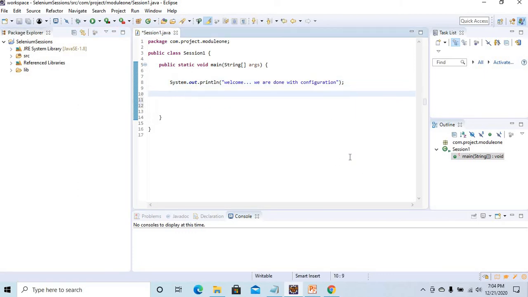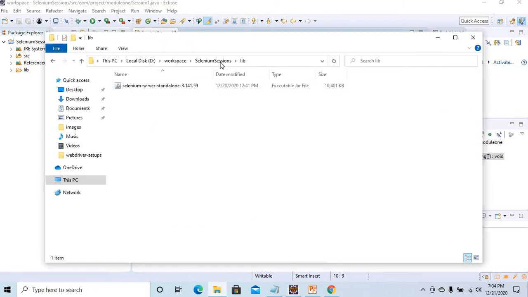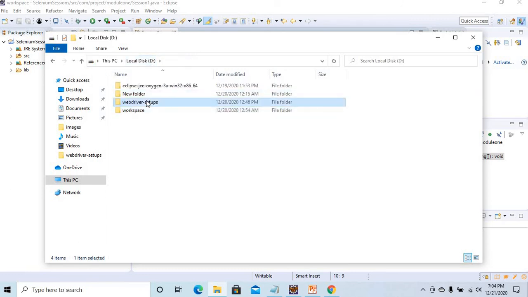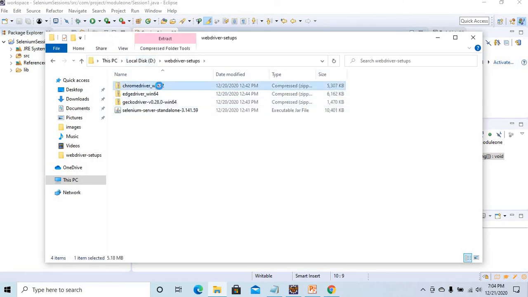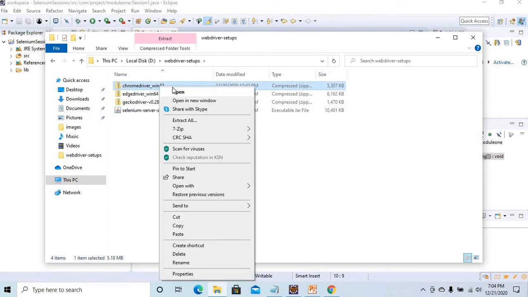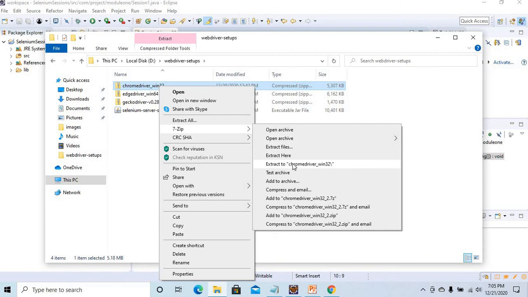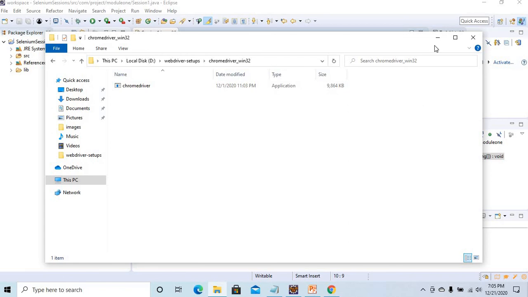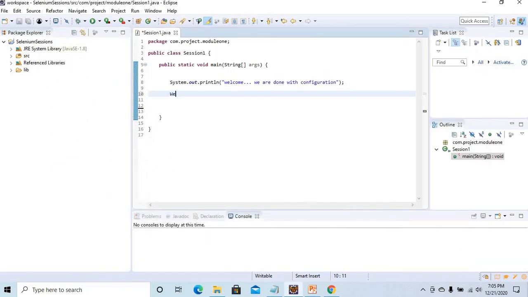If I want to see whether it is working or not, I just initiate a browser, right? For that we need these drivers. I will explain all these drivers, what they mean and how to do it step by step. For this short session, I'm just opening the browser to show you. In the next session I will explain how to open a Chrome browser. Now if I say WebDriver, don't write everything, just try to use Ctrl+Space as much as possible. That's really better.